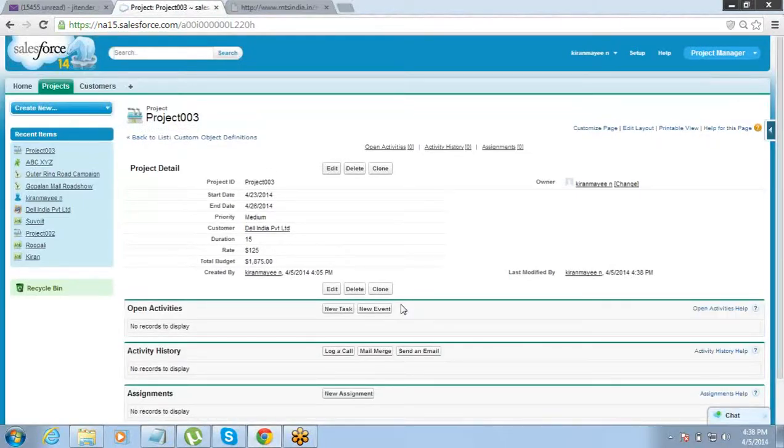Nothing happens to existing records. A validation rule works only when an insert or an update operation is happening. Something which is already there inside the system, nothing happens to that. The moment you do an update operation, only then will this validation rule be tested. Till the time you do not do an update operation, nothing happens to the old records.